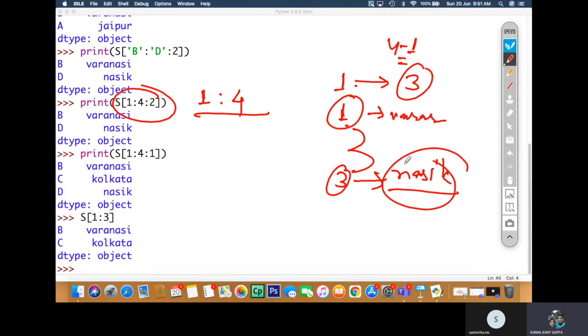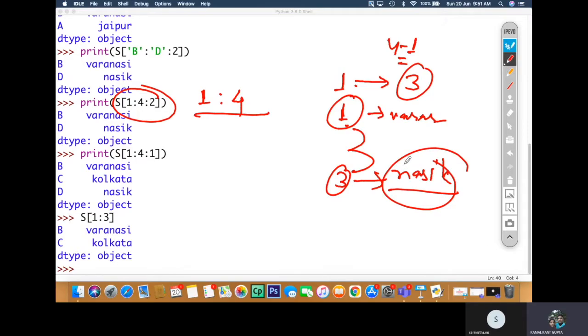So that's very correct. That's not something unusual, right? It is the same as in the case of lists, as we did in the list, the same thing is happening here. So in slicing, whether you are using label or index, they are behaving in the same manner.